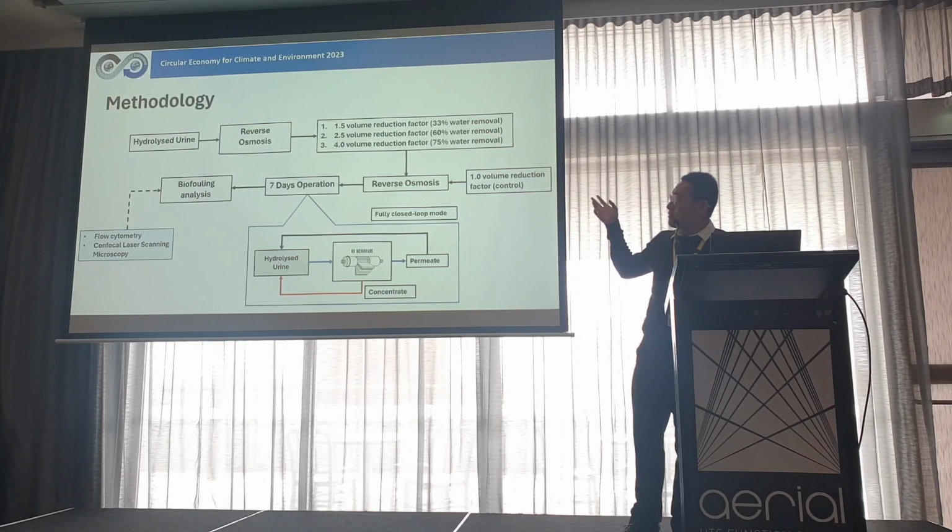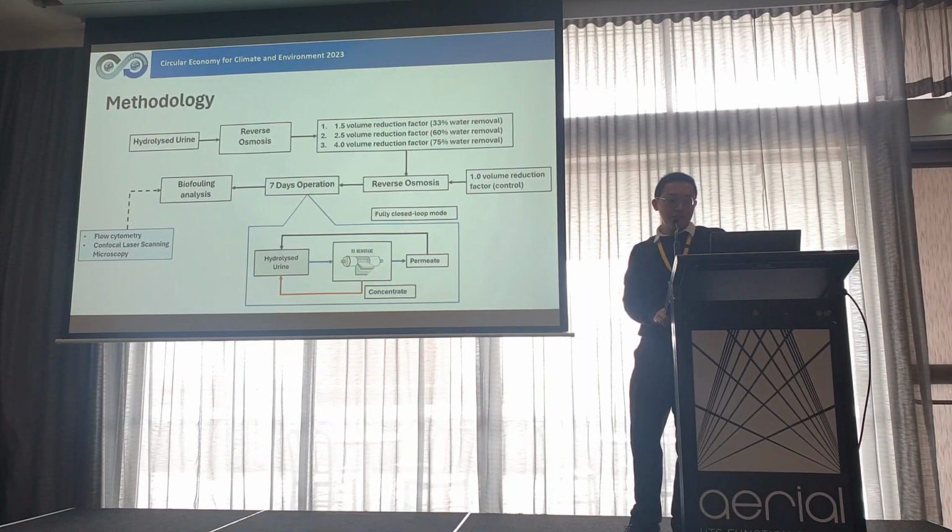So all these represent a different degree of water removal. Of course, the 4 times water reduction is the most concentrated one. And then we also get some unconcentrated urine as a control. Then we run all this urine for 7 days of operation to expose the urine to reverse osmosis to see